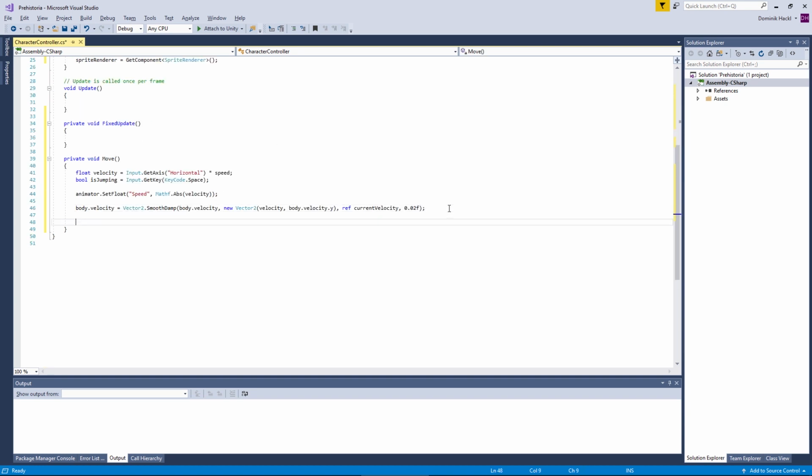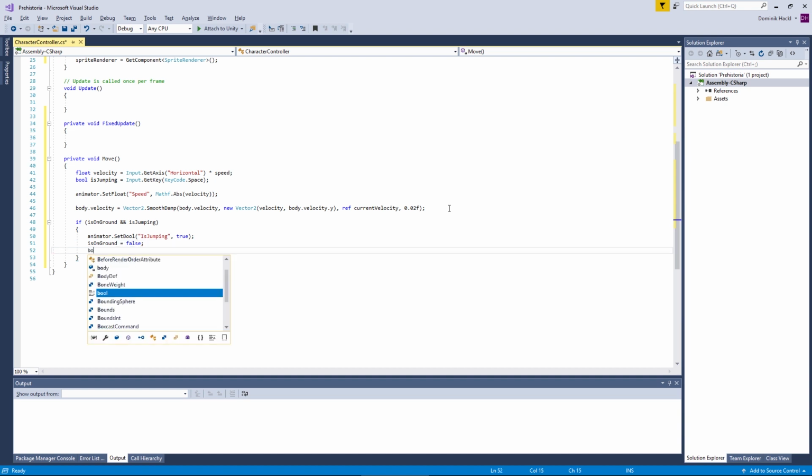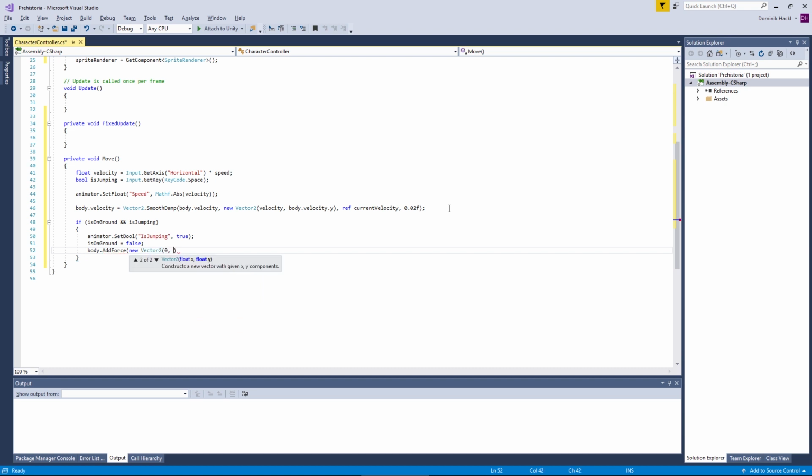We want to initiate a jump when we are on the ground and when the spacebar is hit, so when isJumping is true here. Then we first set the animator. This time it's going to be a bool, so isJumping, let's call it like that. And this is set to true in that case, so this will initiate the jump animation. And in that case then isOnGround is set to false. And to have the actual movement, this time we want to set a force, not set the velocity directly. This is going to be a vertical only force, so 0 in horizontal, and the jump force in